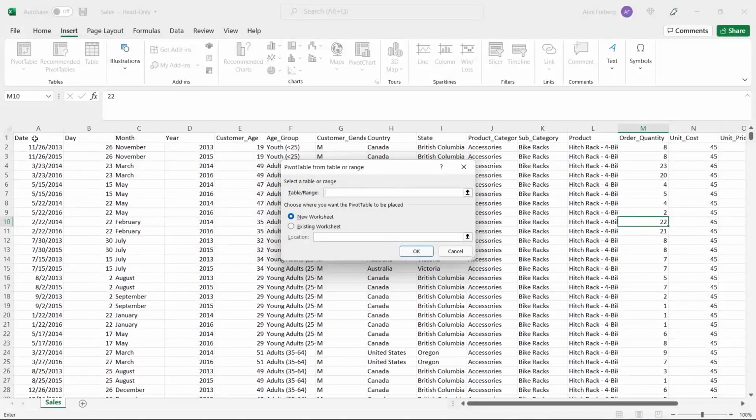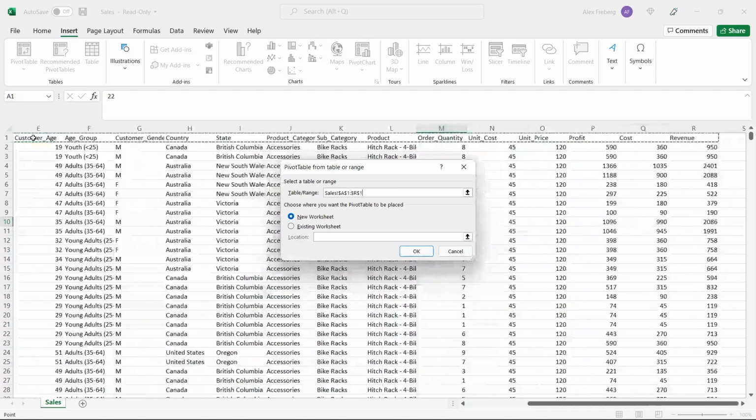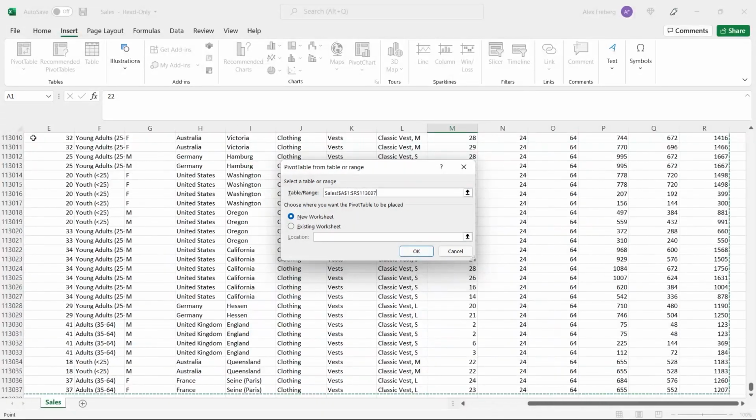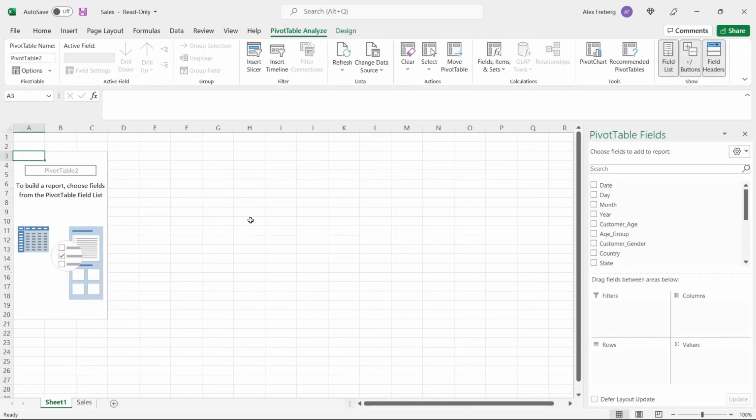If it doesn't come like that, you can click right here. You can click Control, Shift, and then the right arrow, and then the down arrow. And that is going to select all of our data. And you have right here a new worksheet or an existing worksheet. We're going to create a new worksheet. Just tends to get too clogged up if we put it on the same worksheet that already has a lot